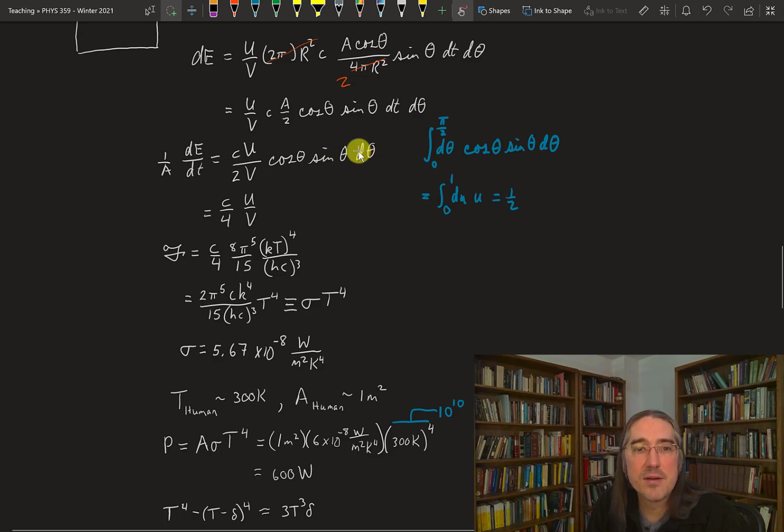So rather than the power from a certain angle, we're going to get the total power, right? Because it still depends on theta. Secretly what I've got here is power per unit area at a specific angle. When we integrate over this, we get over all angles. Great, we can do this integral, right? 0 to pi over 2, because we just get half of the sphere. Cosine theta times sine theta, the integral turns into just an integral du of 1 from 0 to 1. It's a half. So drop the half in here. Our final answer, so the total